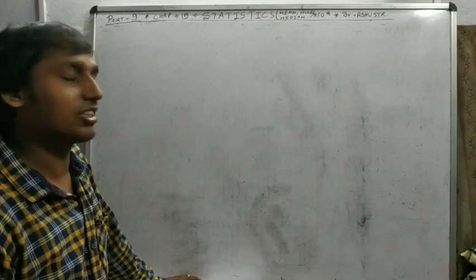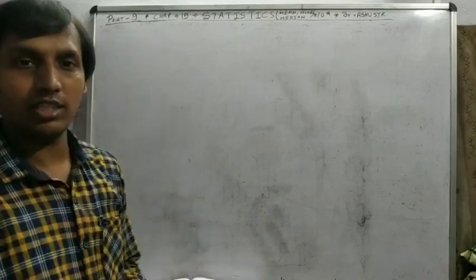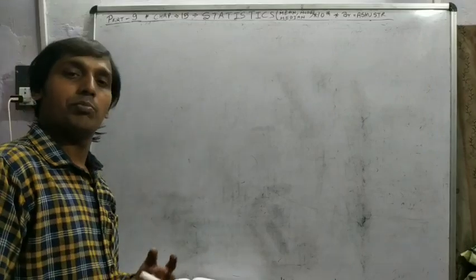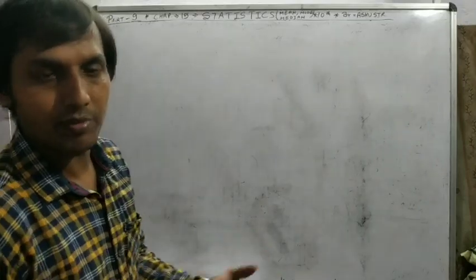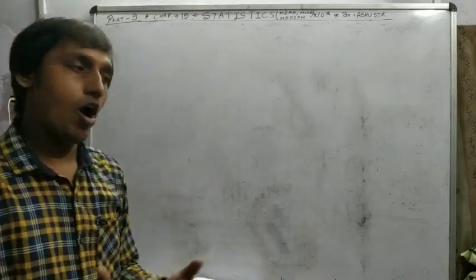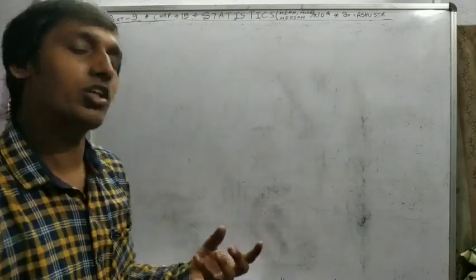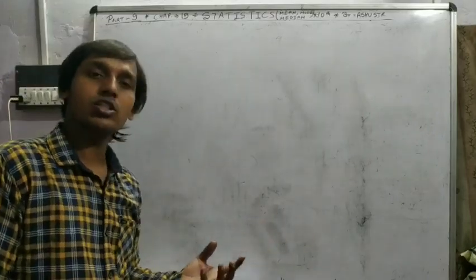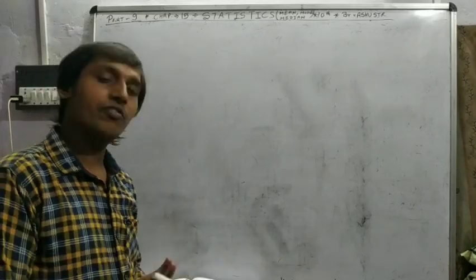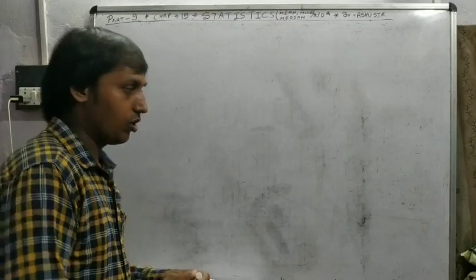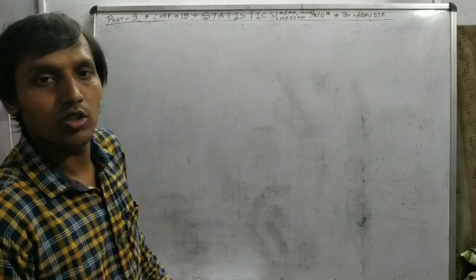Class 10 Mathematics, Statistics chapter, video number 5A9, part 9 of statistics. In previous videos, we explained how we find the mean by different methods, mode, and median of the frequency distribution table. I also explained one small video for the ogive, a frequency distribution table, how we draw the graph and find the median. Today my video is only a problem solving video.